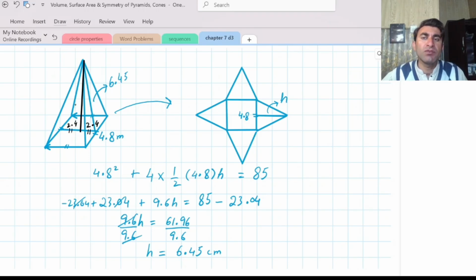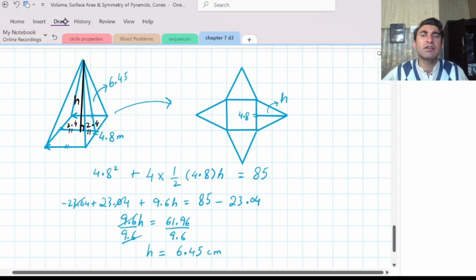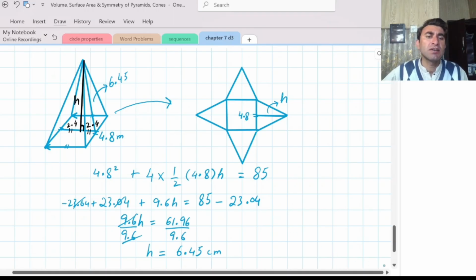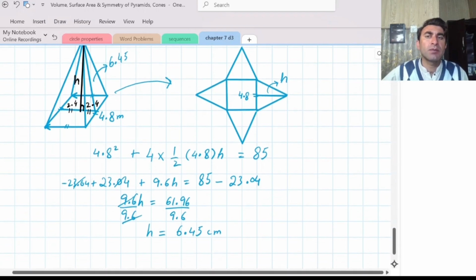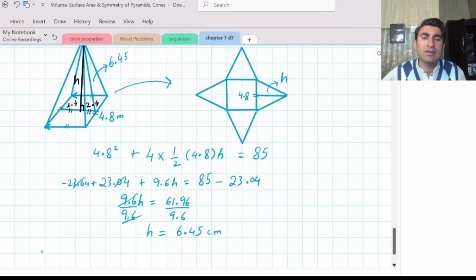Now if we want to find the height of this pyramid, it is basically the height of the right triangle, so we can use the Pythagorean theorem in order to find the height over here, and the hypotenuse of this triangle is 6.45 while base is 2.4, so I will write it